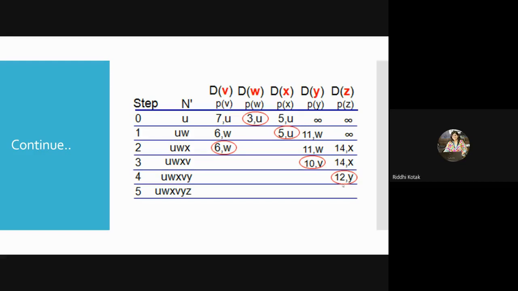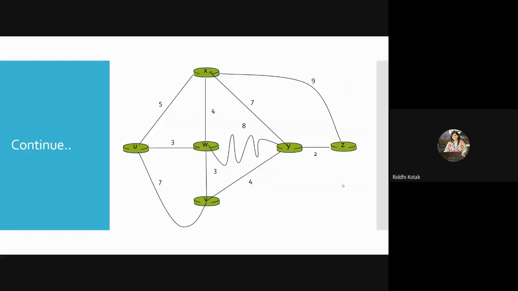Okay. Now we will explore Y, and we have to reach Z. So if you check the possibility, the minimum, let me calculate. Okay, yes. See, U to W that is 3, W to V that is 3, 3 plus 3 is 6, then V to Y that is 4, so 10, then Y to Z that is 2, so 12. That is the minimum one, because Y is the current node, so you must pass through Y and reach Z. So that is the minimum one.